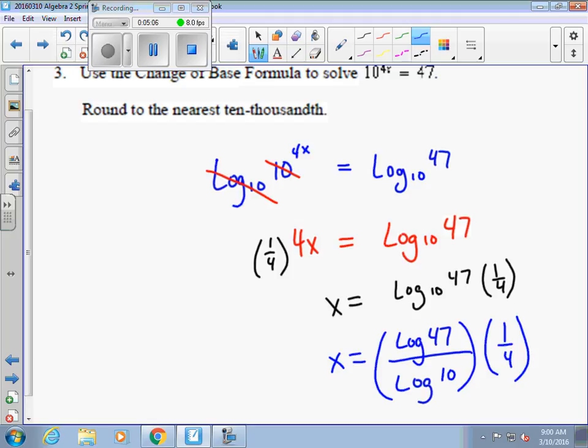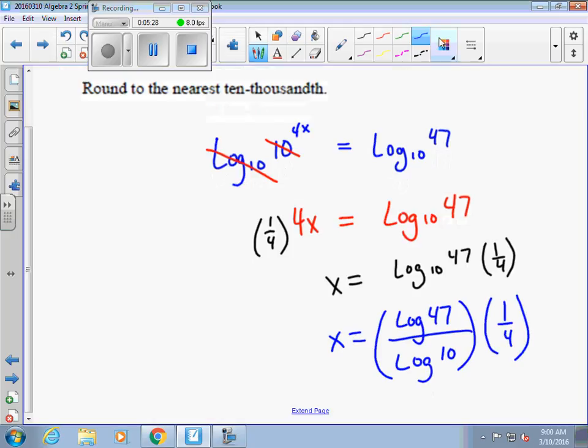And you punch it in just like that. When you do, open up a parentheses before you do log 47 and close that one, and then divide it by log of 10. And again, we know that that's the common one. Close that parentheses and times it by 1 over 4, or 1 divided by 4. When you do that, you get x's value, which is